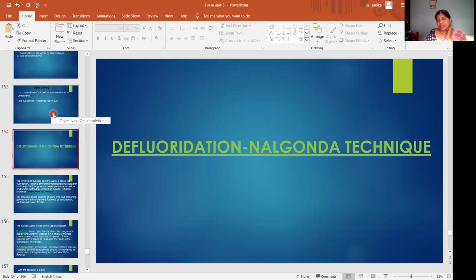Osmosis, reverse osmosis. Then sources of water, that is a rare question. And the salts: name the salts which cause hardness of water. And what is hardness of water? What is the degree of hardness of water? What are the units of hardness of water? And write the formula for the calculation of hardness of water. Hardness of water is expressed in CaCO3 equivalents. So what is the formula for that?